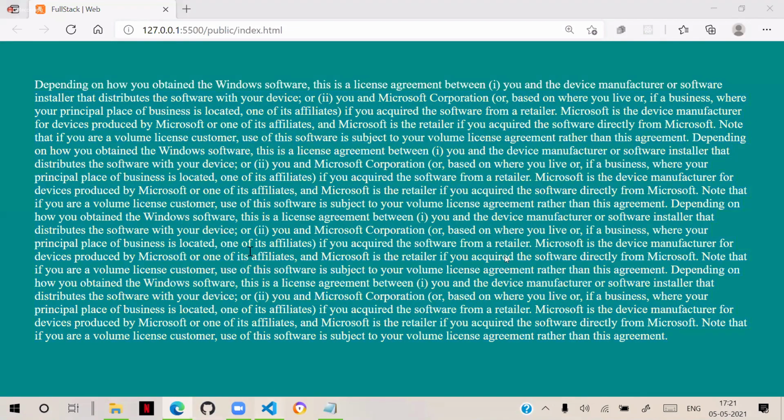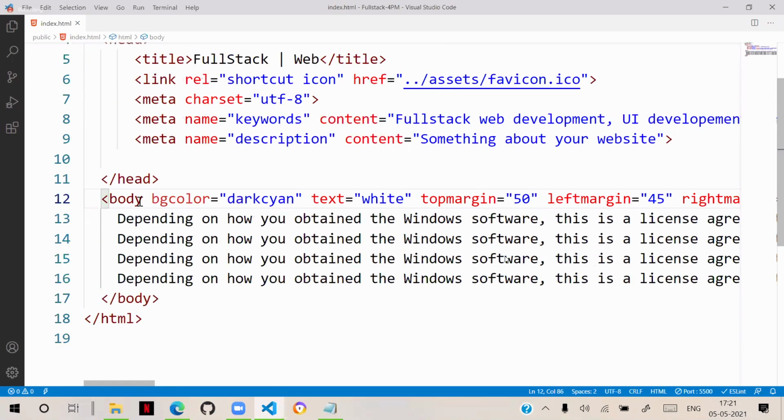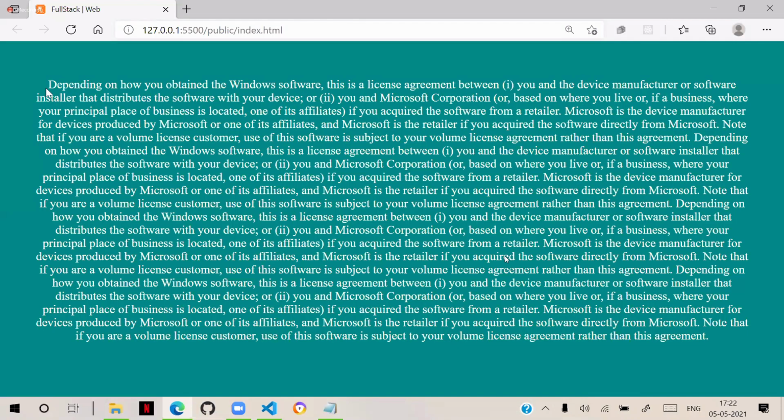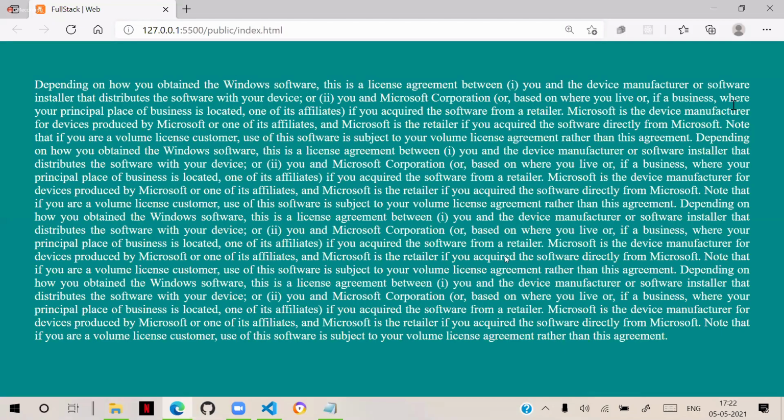So we can write an attribute anywhere. I'm writing align. So align is center. Align center, you see the paragraph wraps to center. Suppose I use align as justify, it will show a block-like appearance. So right side unevenness will reduce.